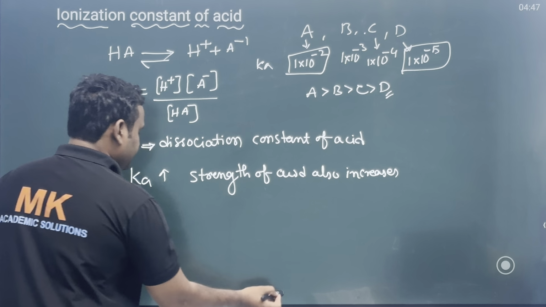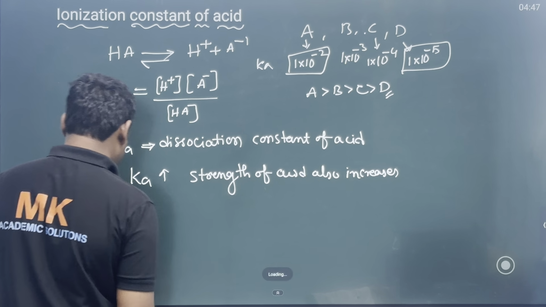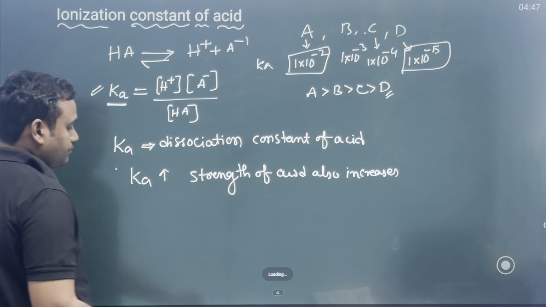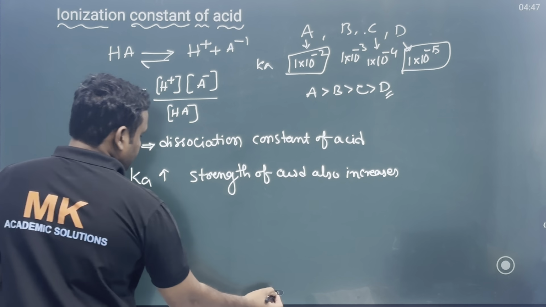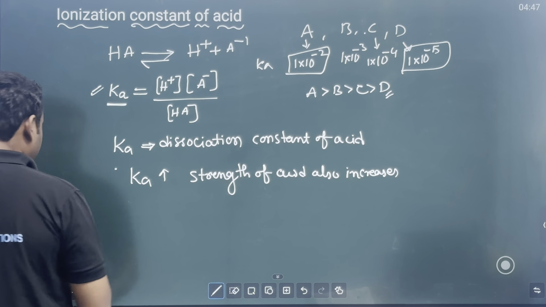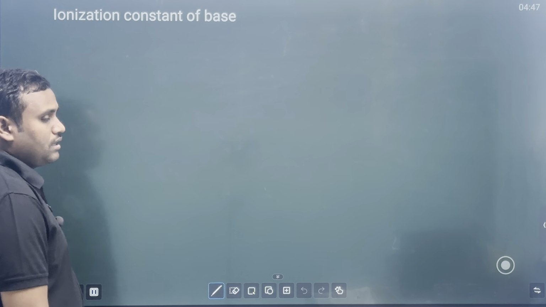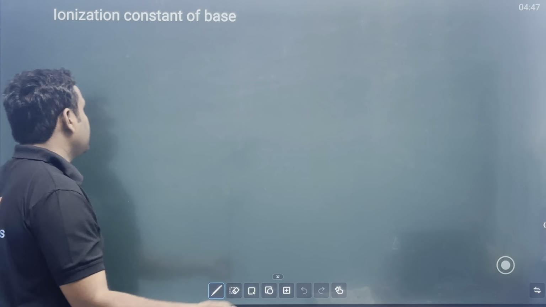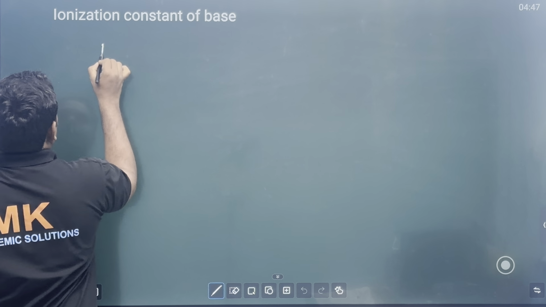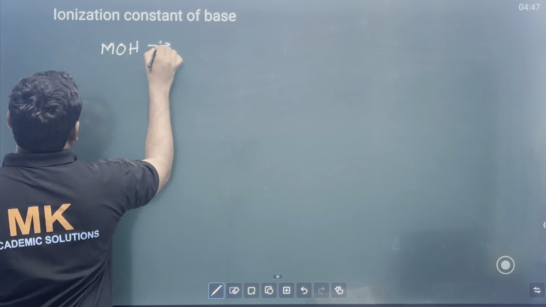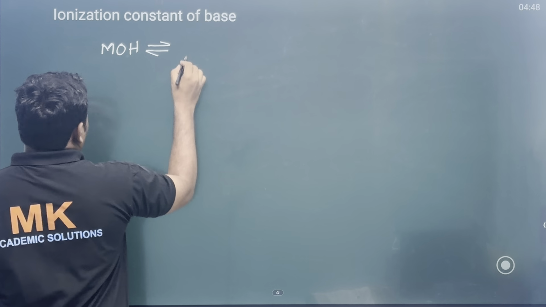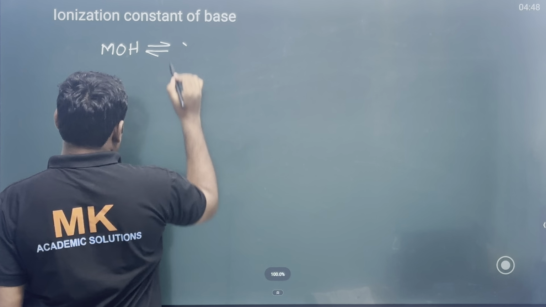Next, let us see the ionization constant of base. For example, a general base, you take MOH. MOH general base we are going to take. So here MOH gives rise